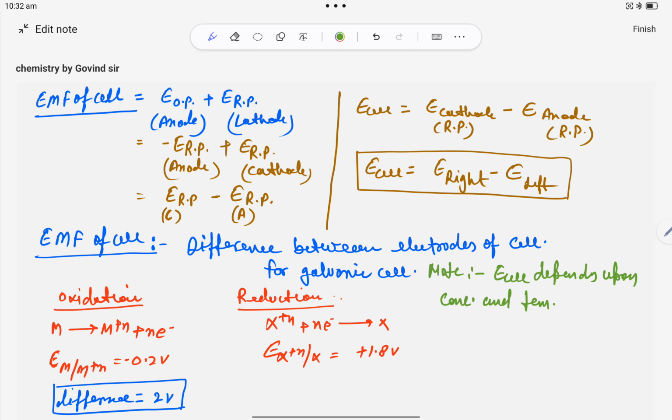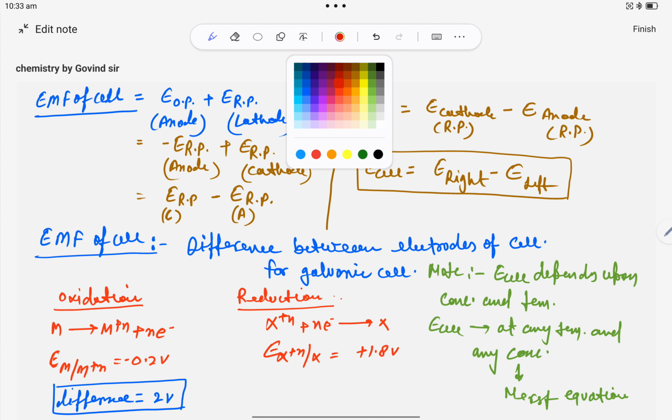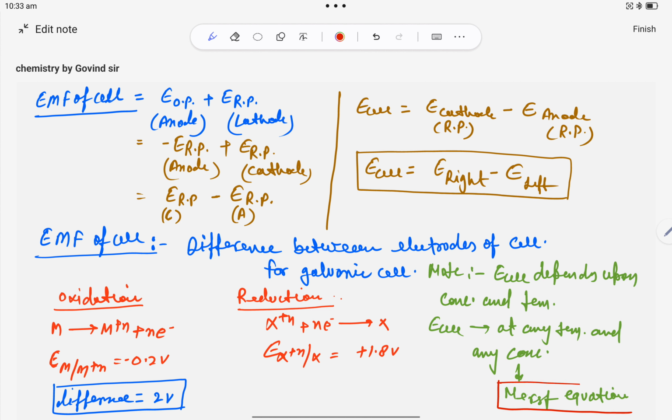Okay, so E cell at any temperature and any concentration we will calculate through the Nernst equation. E cell at any concentration, any temperature, that we will calculate with the Nernst equation, but here we are calculating at